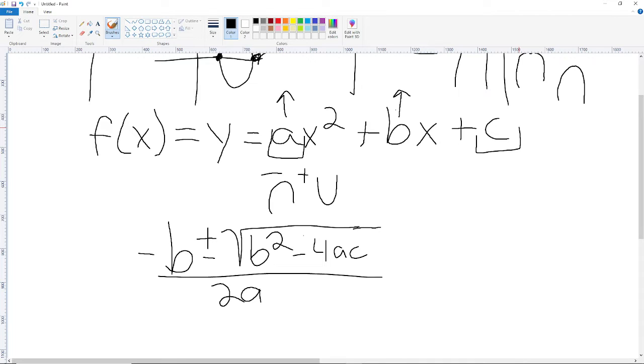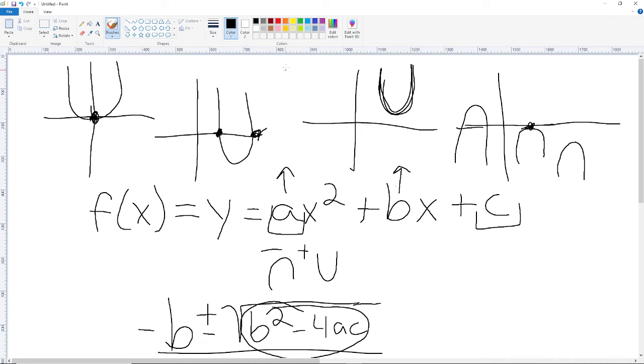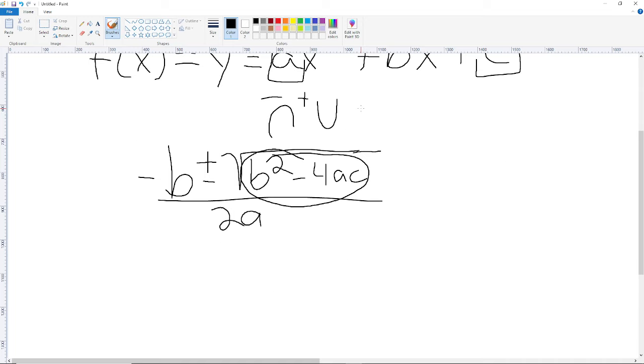Now this part inside the square root is what's called the discriminant. It lets us discriminate, or tell the difference, between the different kinds of solutions. In other words, it lets us know if it looks like this, or if it looks like this where it touches in 2 places, or it looks like this where it touches in no places. So the discriminant: if the discriminant, b squared minus 4ac, is greater than, hold on, we don't want to do greater first. If it's equal to 0, it means we have one real solution,